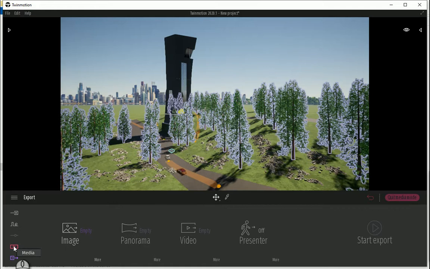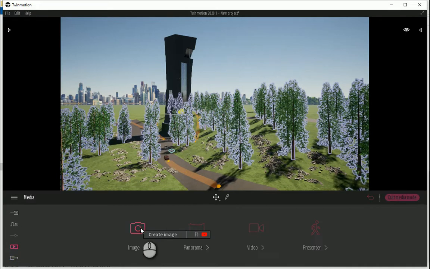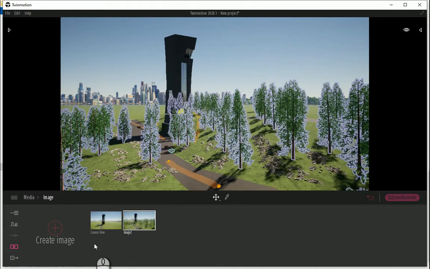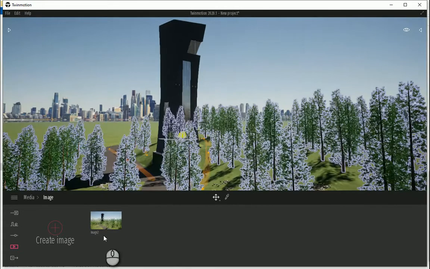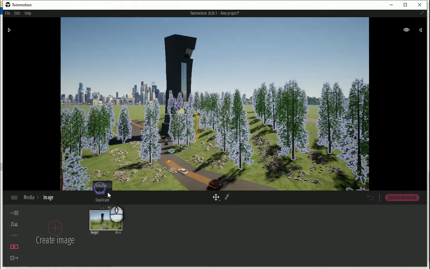Now let's continue with the media tab. I'm going to the image. I have two. Maybe this one is a bit better. How about I delete this one? Okay, yeah, this is good. We can rename this. Let me see, we are looking from south view, so this is gonna be south to north. South to north, okay.